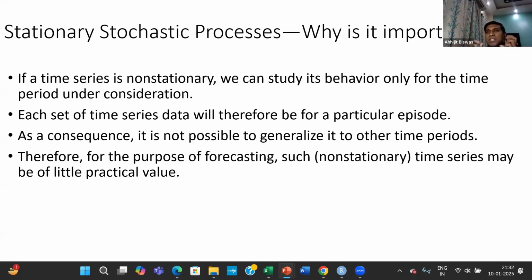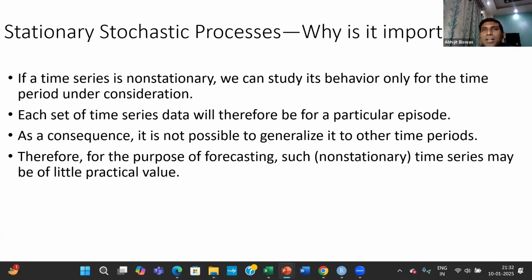Suppose you are working on two time series, which I will discuss in greater detail in my next slide on spurious regression, and both of them are non-stationary. Suppose x and y are the two non-stationary variables. If you run regression, you might find a significant relationship,